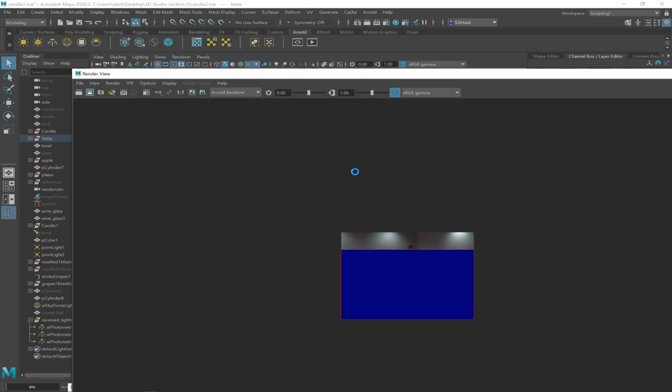Literally, it's the last thing you want to do. And so for that reason, what's due Thursday is to put an AI standard surface on everything. And then tweak your AI standard surface. Tweak the specularity. Tweak the base color if you have to. That's fine. But we don't want to worry about the actual photos or the actual texturing until Tuesday when this is all due. So the final render will be due a week from today, and then Thursday's homework will be